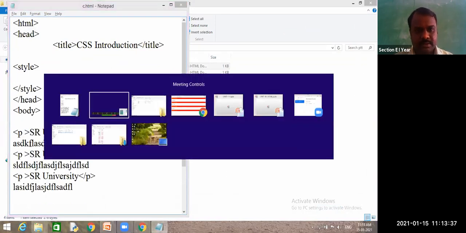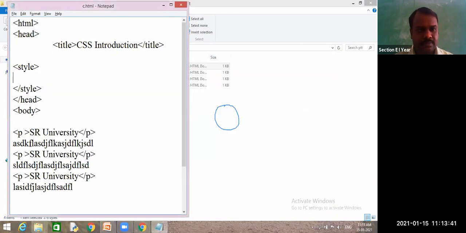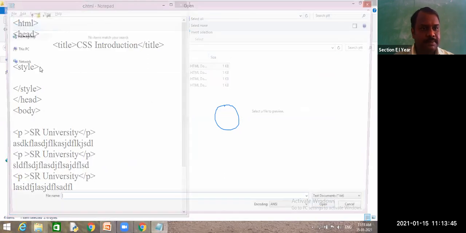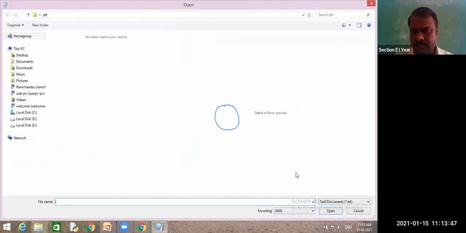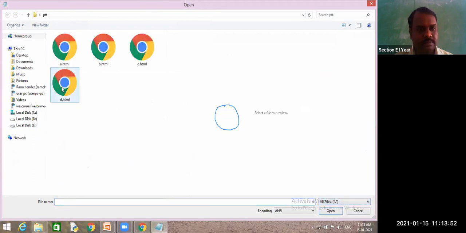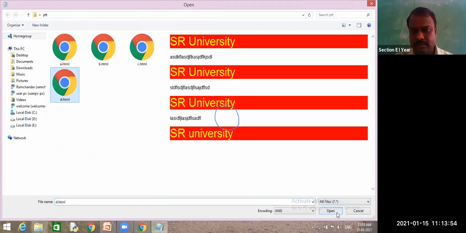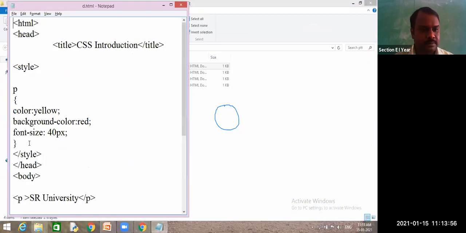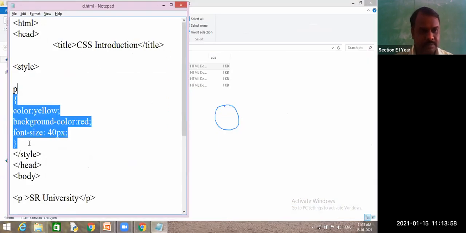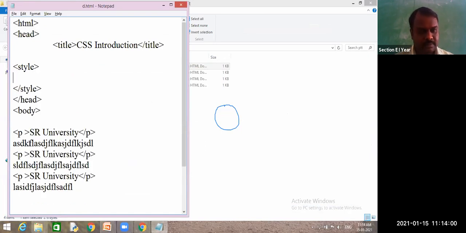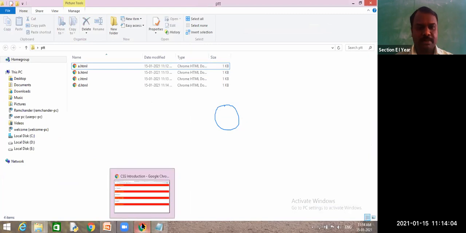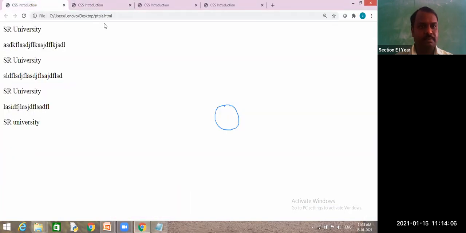It has saved. Next, d.html. Yes, I have removed all these properties and we'll see the output.